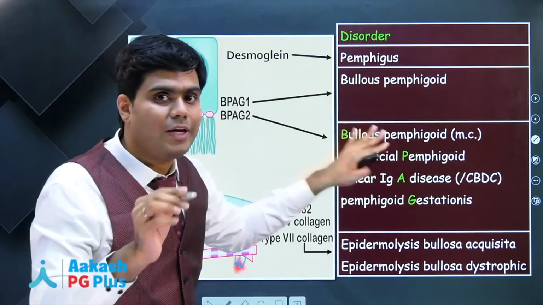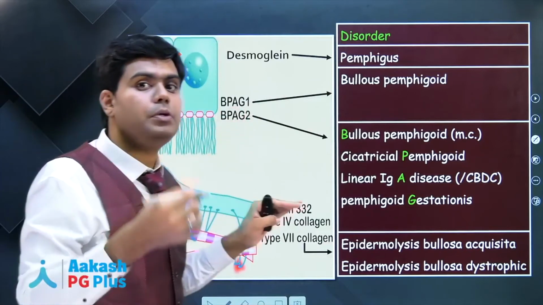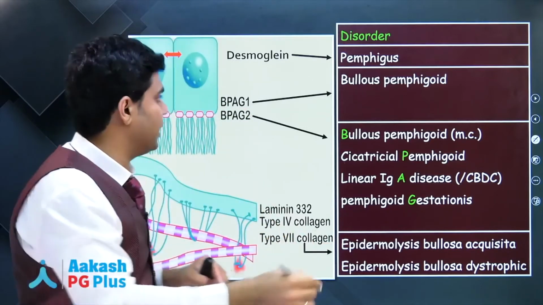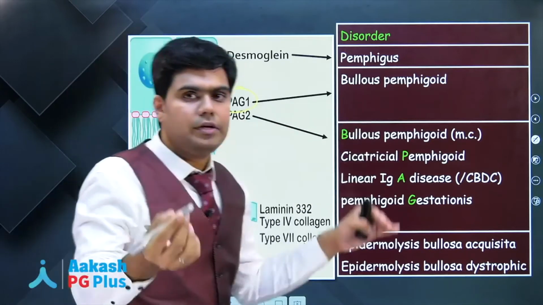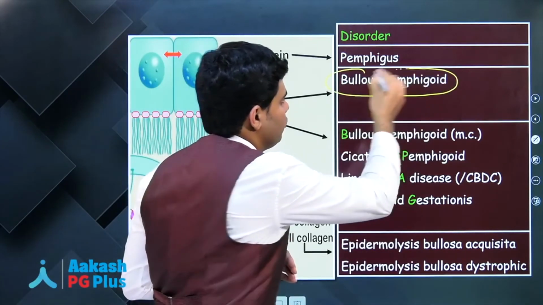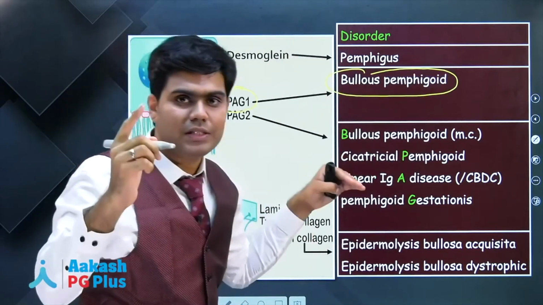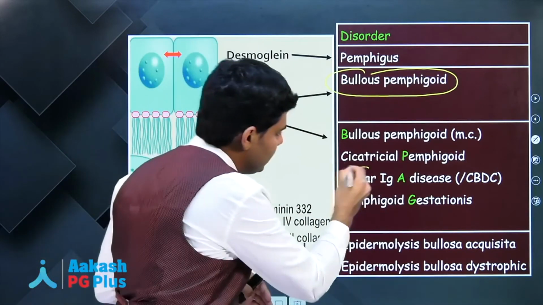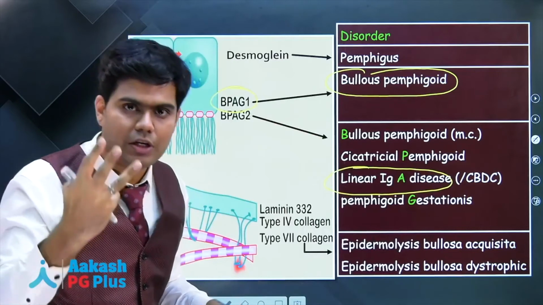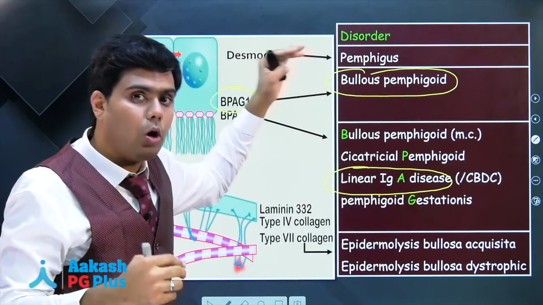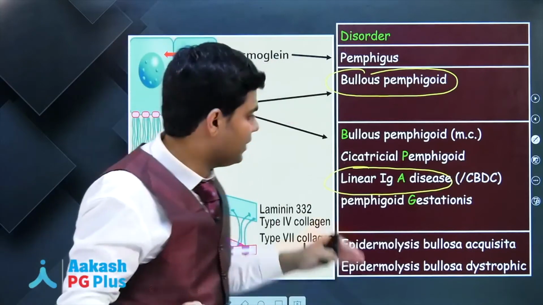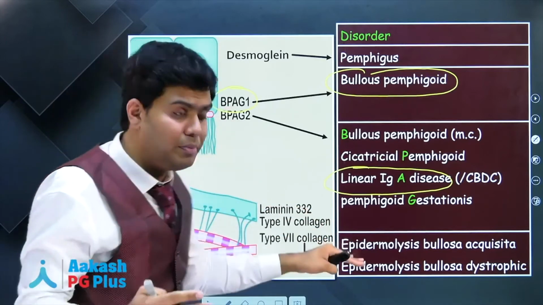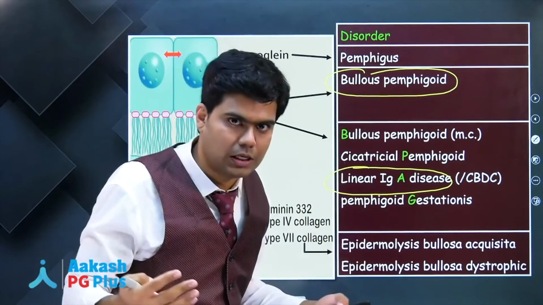So we know bullous pemphigoid can happen because of BPAG1 as well as BPAG2. So if I tell you, in a patient, if the defect is in BPAG1, antibodies are produced against BPAG1 and he will develop lesions of bullous pemphigoid. So in that scenario, pemphigus will be first, second number will be bullous pemphigoid when we go from top to bottom. Then comes the linear IgA disease at position 3, right. So we are doing this from top to bottom, pemphigus first, bullous pemphigoid second, then linear IgA disease, that is due to BPAG2, that is present below the BPAG1, then ultimately at the bottommost will be epidermolysis bullosa. So this is the order.